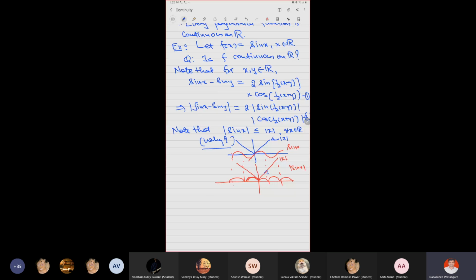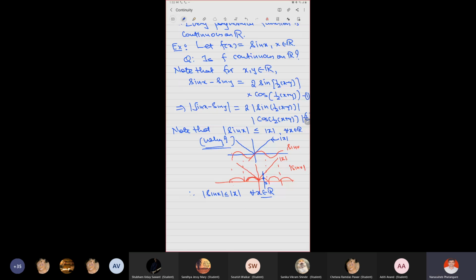At any x, this is the absolute value of sin x, and this is only the absolute value of x. Which quantity is smaller? Therefore, the absolute value of sin x is less than or equal to the absolute value of x for all x. So this is just from observation, but there are other ways to prove it. You can think about it, right? You should think about how to explicitly prove it.